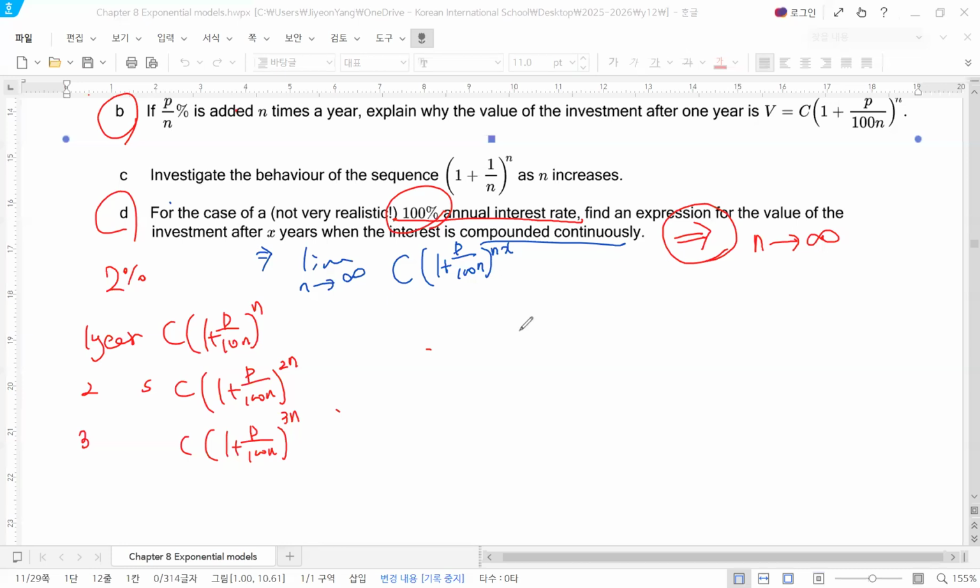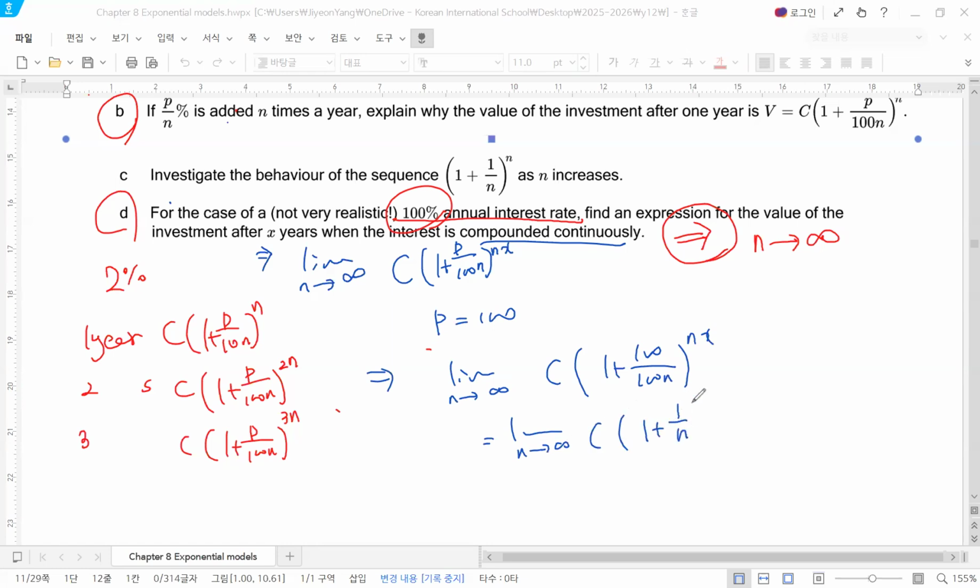Thank you so much. Yes, since the annual interest is defined as 100%, we can put 100 to P. So the limit as n goes to infinity of C times (1 plus 100 over 100n) to the power of nx, which is the limit as n goes to infinity of C times (1 plus 1 over n) to the power of nx. And then